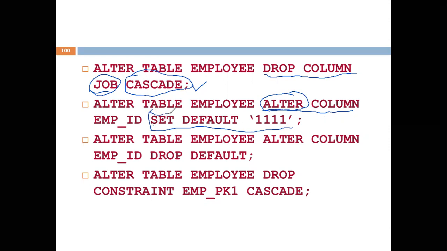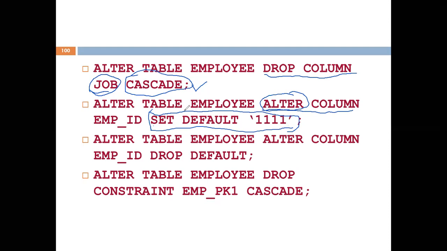So how does set default work? Set default works only when the user has not provided data for that particular attribute, then a default value will be inserted. Just like how we declare a variable in C programming and initialize it to some value, like int x is equal to 5. If a value is not specified by the user, then 5 is assigned. Just like that, here a value can be assigned.